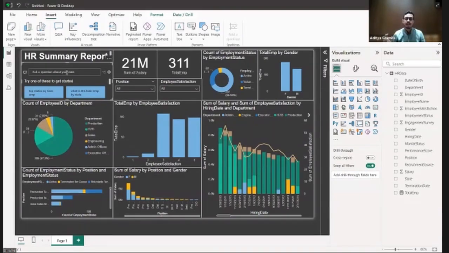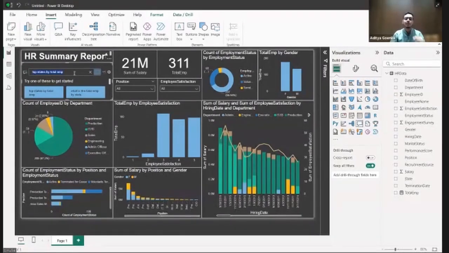What does it mean? Any question your boss asks you which you are not able to show via the visualizations you have created, simply ask your AI friend over here, and it will be able to answer that question for you right here in this Power BI window. Let's say you want top states by total employee, simply click that over here, and this window will answer this question for you.